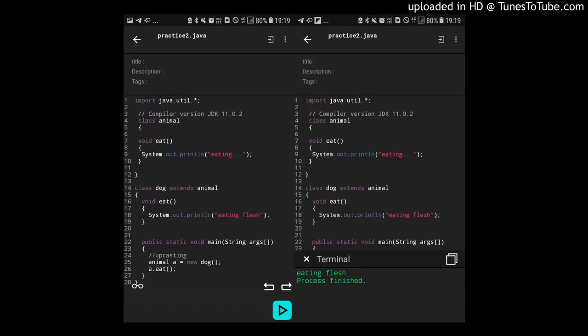So hello guys, today's topic of discussion is runtime polymorphism. Before trying to understand what runtime polymorphism is, we need to know first what upcasting is. Upcasting is the case in which a parent class reference variable is assigned the object of the child class. In that case, if some of the methods of the parent class are overridden by the child class,